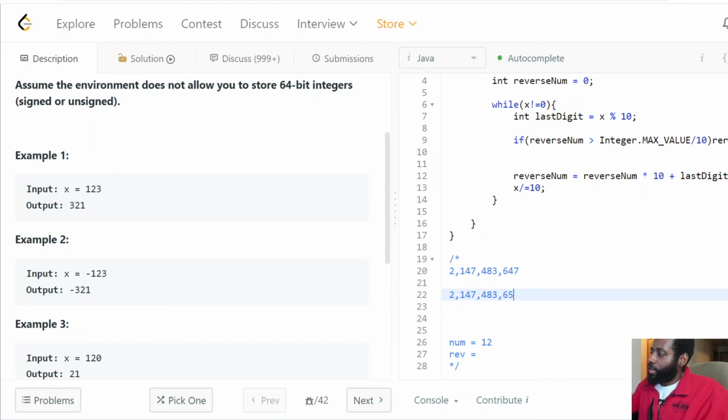So if this value is greater than the maximum value that I have divided by 10, and dividing by 10 removes the last digit, so if it's greater than that, guys,